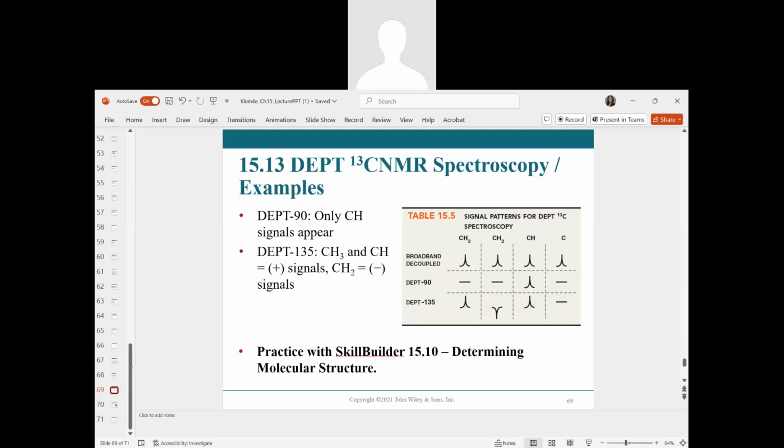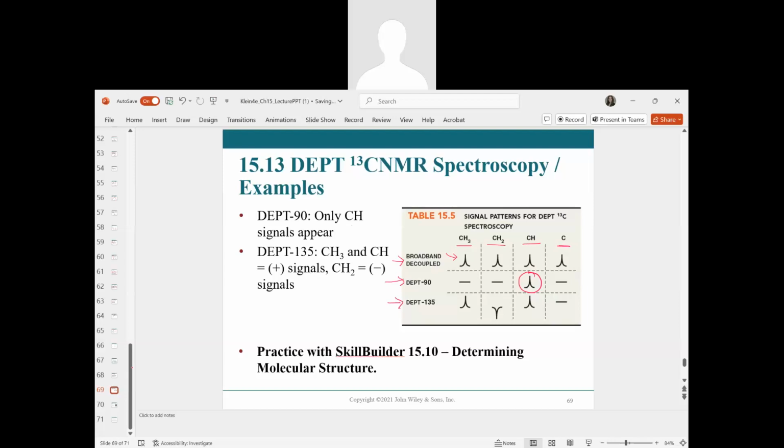So we can summarize this here in this table. So we see our normal broadband decoupled carbon-13 NMR spectroscopy would produce all singlet, all positive signals, if you will. So all of these signals up top here, whether it's a CH3, CH2, CH, or a quaternary carbon, would produce the same type of signal. But then we can see with the DEPT 90 here, we get that positive signal only for CH carbons, but